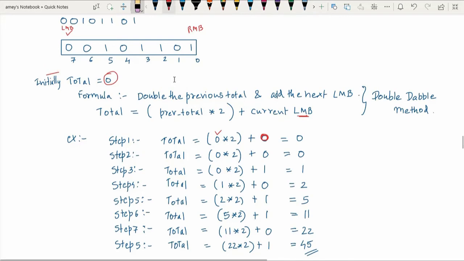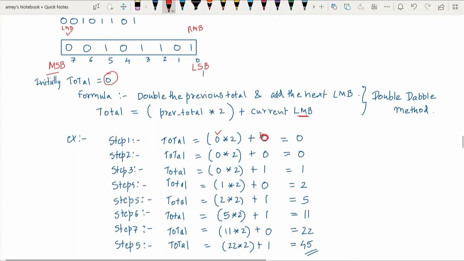The leftmost bit is basically the most significant bit, and the rightmost bit is the least significant bit. So when I say current LMB, I am talking about the current leftmost bit, which is the most significant bit.